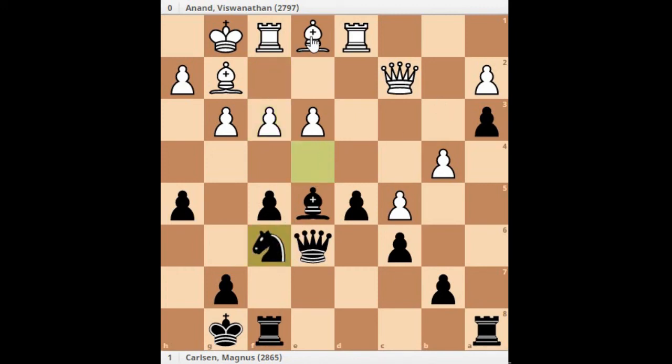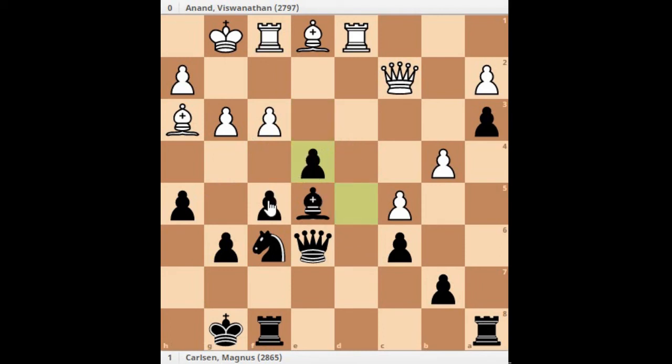Now bishop to h3. So why bishop to h3? Now there's pressure on this pawn, so g6 was more or less forced, and now e4. So white is trying to break through the center, where d takes e4, and now f takes e4, and now